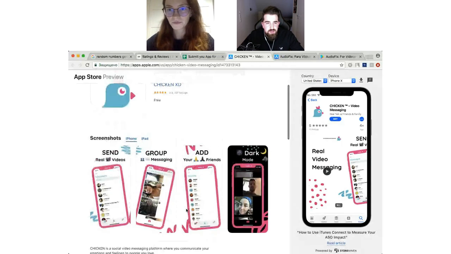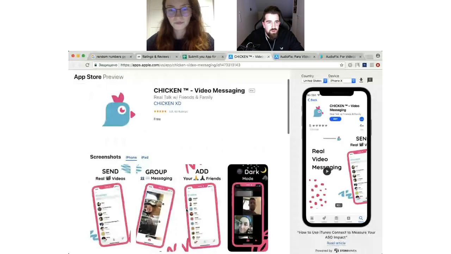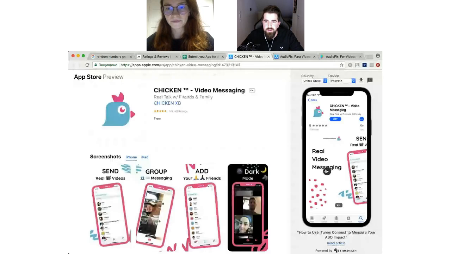Really big captions, so it's easy to read. Also a little bit of focus on the target audience, maybe younger people, with emojis. I really like those. Is there a video? Yeah, there is an app preview. Okay, very good. So on the graphical side, I really like this.